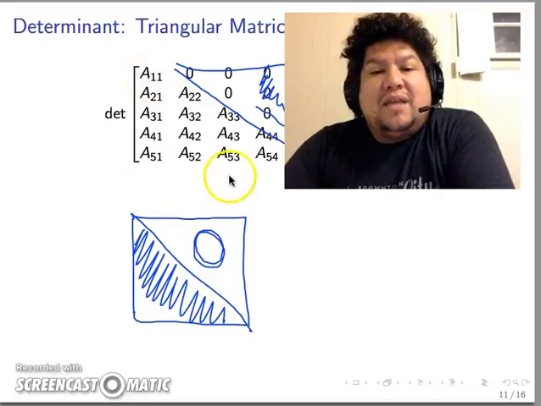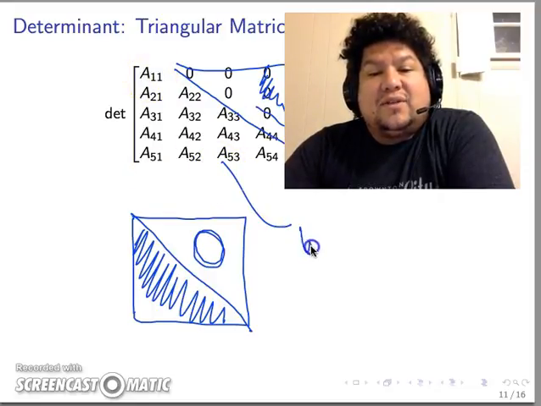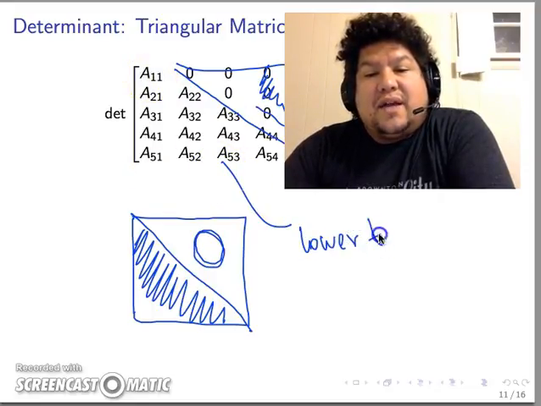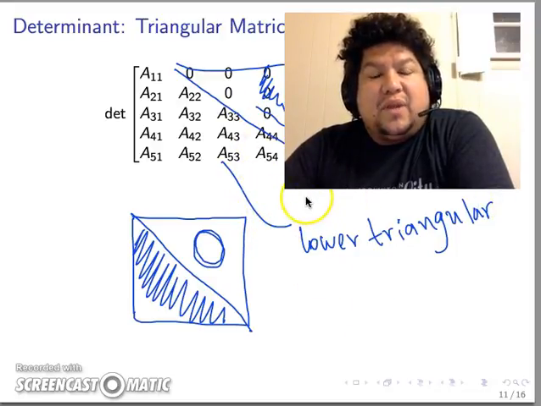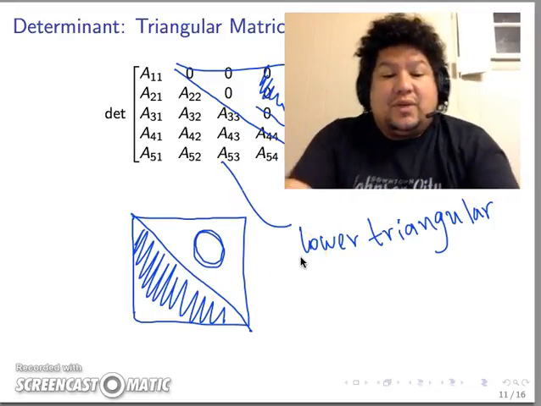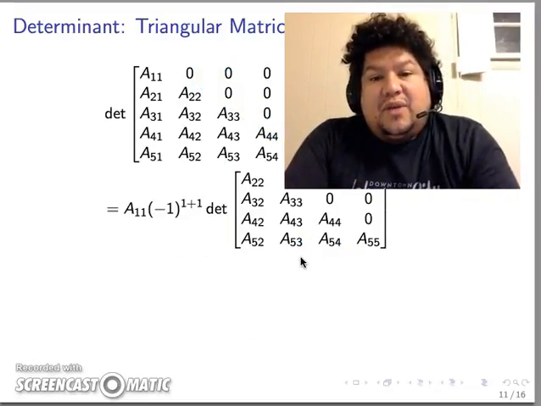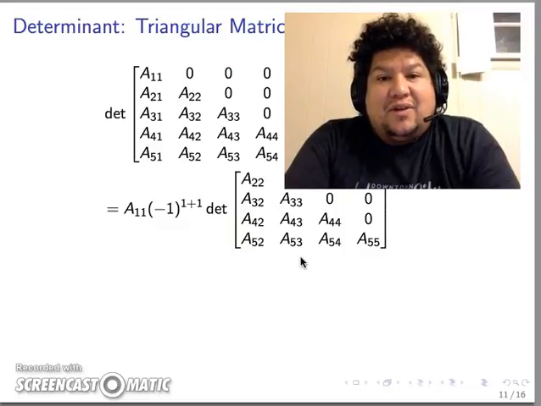So this matrix is called triangular. In fact, it's called lower triangular, because the entries that are not necessarily 0 are below the main diagonal. These matrices with such structure are going to be important because the calculation of their determinant is going to be